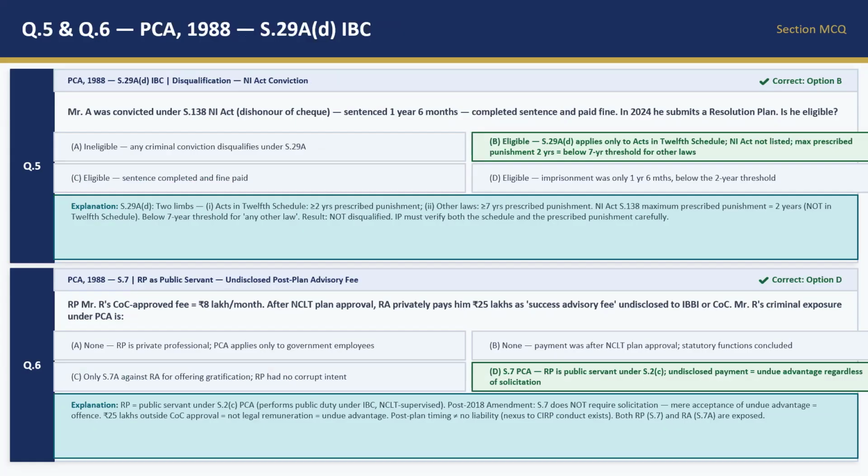Prevention of Corruption Act. Mr. A was convicted under section 138 of the Negotiable Instruments Act and he was sentenced to 1 year and 6 months of imprisonment. And he completed the sentence and paid fine. In 2024, he submits a resolution plan. Is he eligible? The answer is yes, because the schedules